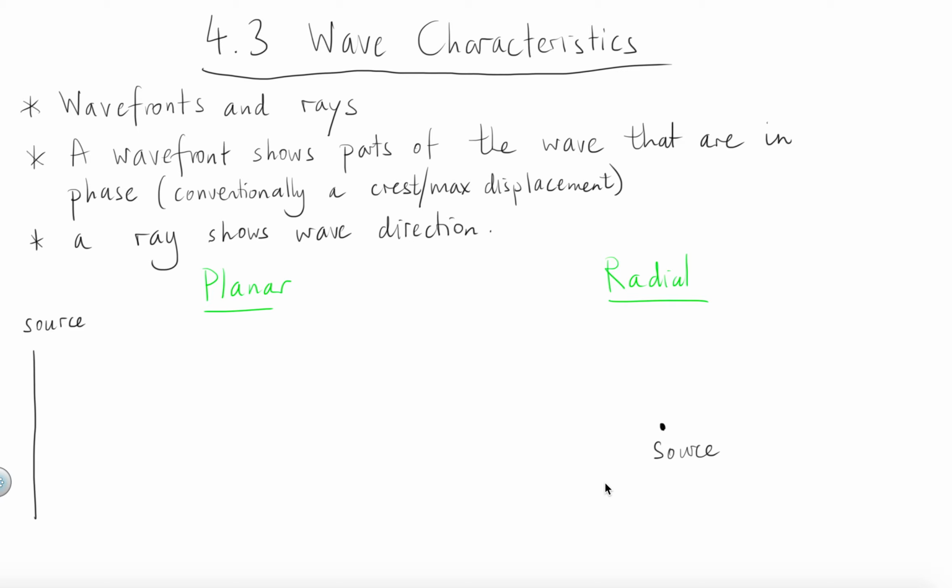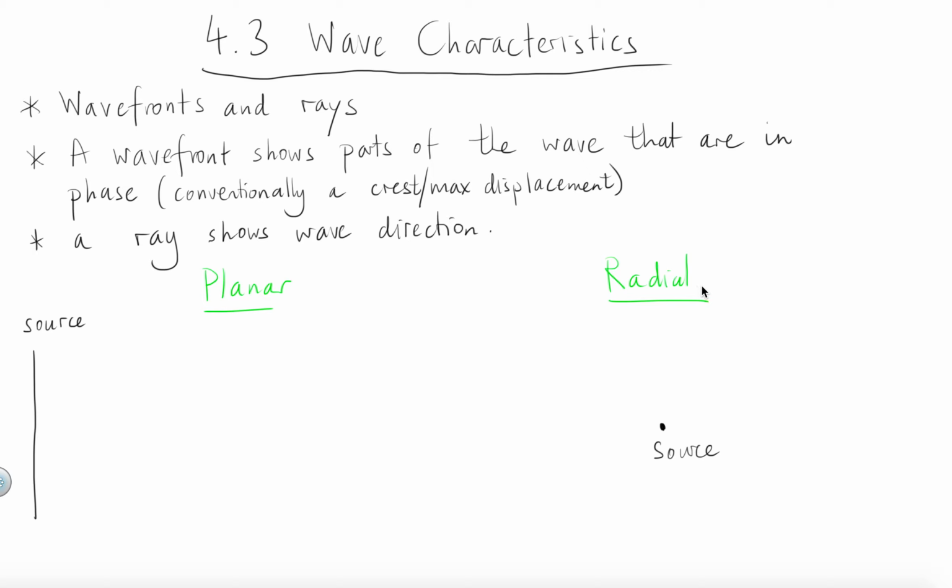Short summary video where we're going to talk about Diploma Program Physics 4.3, and that's wave characteristics. First we have to know what a wavefront and a ray are. Well, a wavefront shows parts of the wave that are in phase, and normally we show crests. A wavefront shows the crest of a wave, that is the place where we have maximum displacement, and a ray shows the wave direction. And there are basically two types of